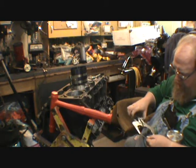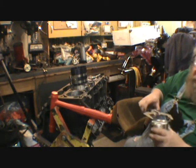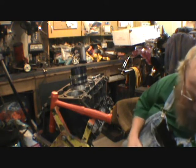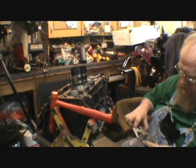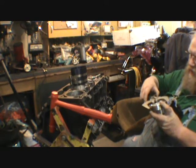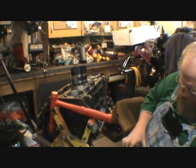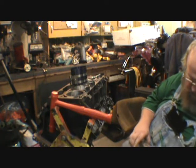Always make sure all the dots are pointed up with this ring set. You'll have to look at your own as you go. Dot. Like I said, this time I'm going against tradition. I'm not using any white lithium grease in this motor this time. I don't know. I just...